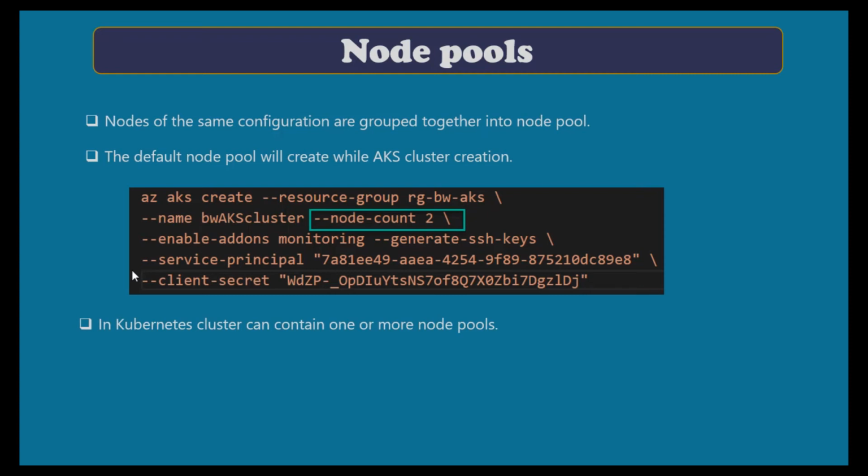A Kubernetes cluster can contain one or more node pools, so we can have different node pools. We can choose the configuration of a node pool for a specific application and create those node pools, so the nodes in a node pool have the same configuration. When we upgrade and scale out, it is by default applicable to the node pool. We can even use a specific parameter and provide the node pool name for a different node pool.